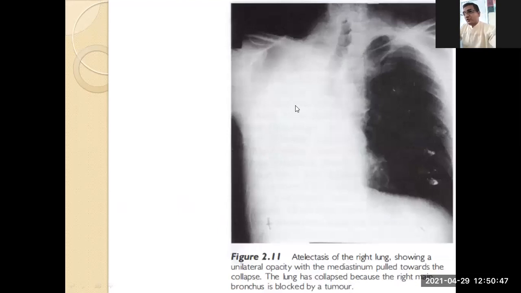Okay, now what you can see, atelectasis, pneumonia of the right side. Yes, no? Right side or left side? Right-sided lung. You can see the trachea is deviated to the right side because there is low pressure. Trachea is deviated to the right side because of very low pressure. Yes? So total whitish. There is no air inside the lung.